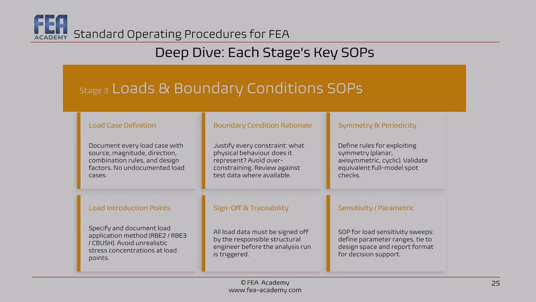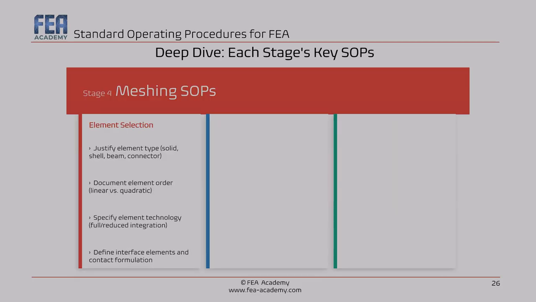Now, with geometry, materials, and loads defined, we are ready to discretize. Let's talk meshing. Meshing is the stage that most engineers associate with FEA skill. And skill is still for sure required. I agree with that. But skill without standard is inconsistent. Your mesh quality on Monday morning is different from your mesh quality on Friday afternoon before a release deadline. Okay, so very important: the choice of element type is not a software default. It is an engineering decision with real consequences for accuracy.